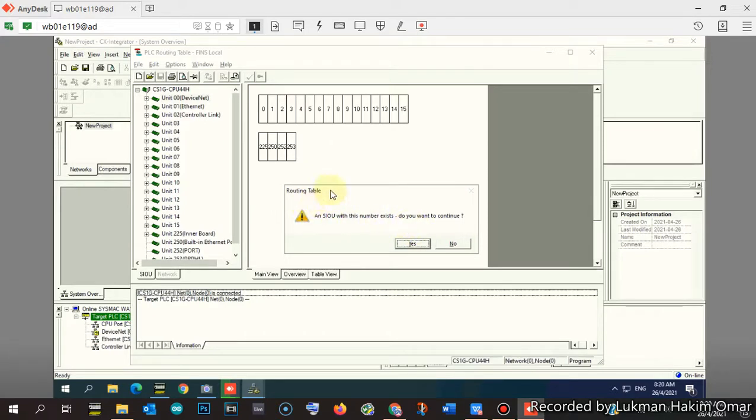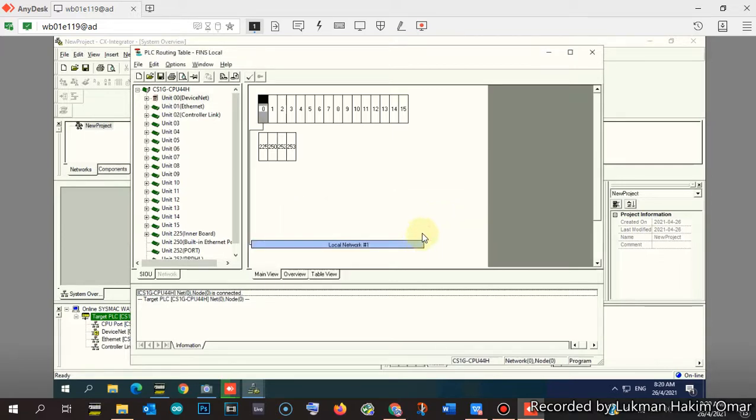It states here that it already exists, of course, because maybe your friend already set up the local network before this. So you just select Yes. Done for DeviceNet, and then we go to the next one, the Ethernet.